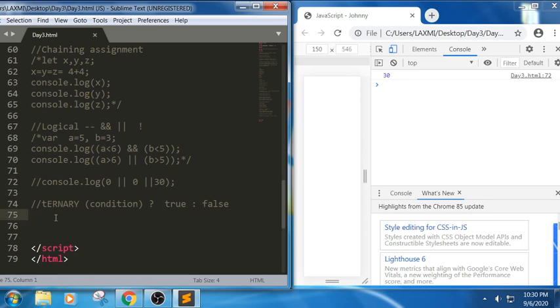For example, if I want to check whether the user is eligible for voting or not, I am trying to write variable a equal to 10, and in this I am trying to write variable voting equals a greater than or equal to 18. If it is okay, then we will get a message as eligible.